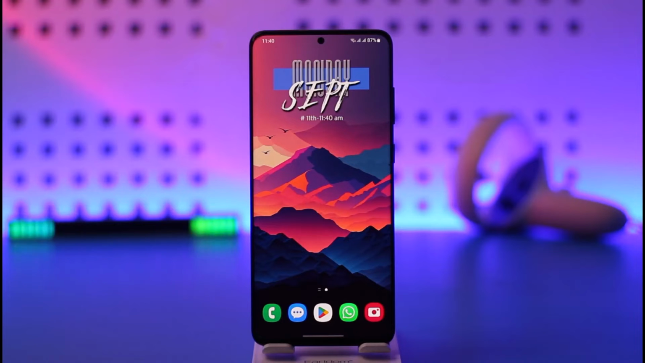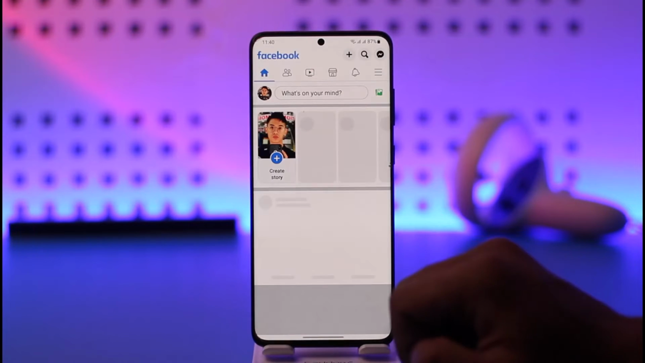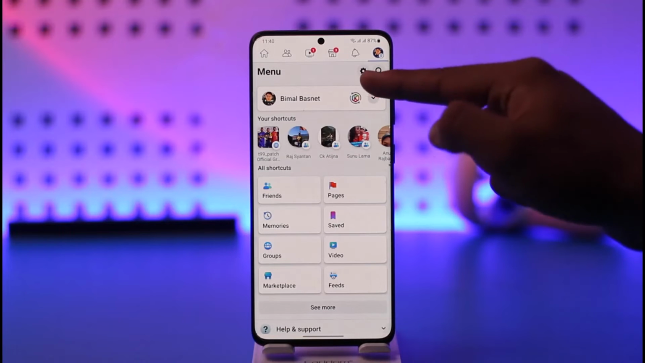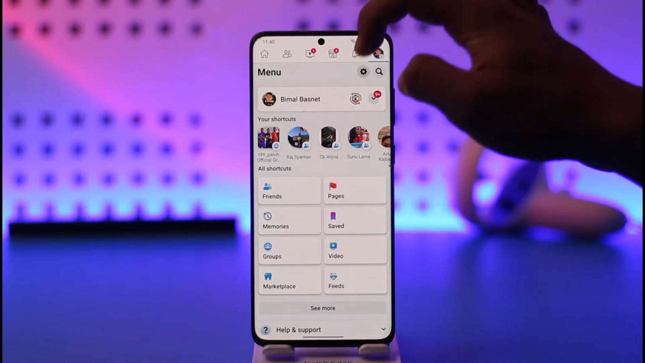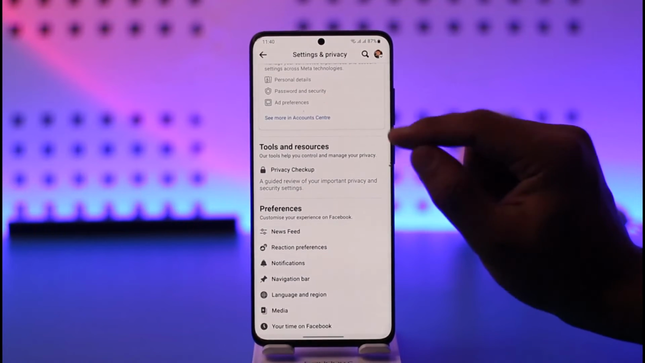But so far, as of 11th of September 2023, this is how you do it. You go ahead and open the Facebook application here, then tap the three lines option located at the top right hand side. Then here you'll find the settings icon over here. You can just tap the settings option, then you'll come to the settings and privacy page, where under tools and